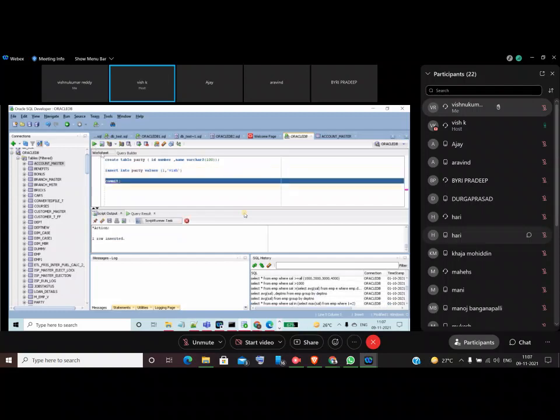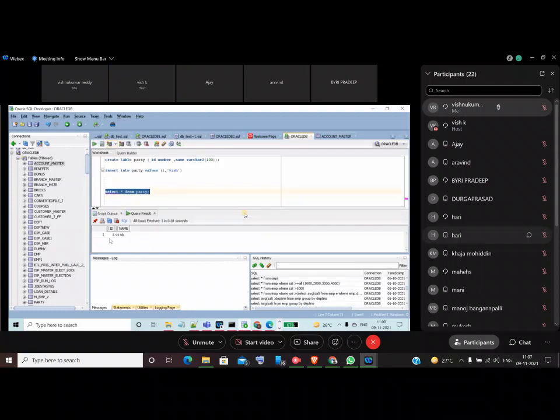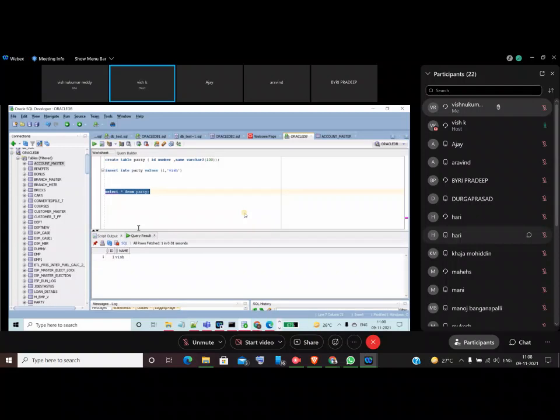Now here you can use the commit statement. Then select star from party. Now one record is inserted, guys.